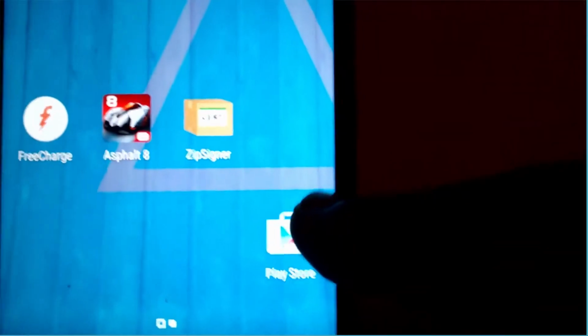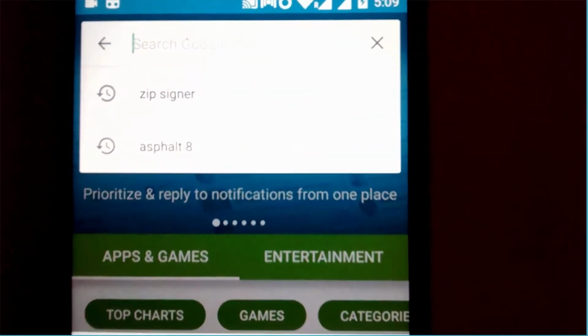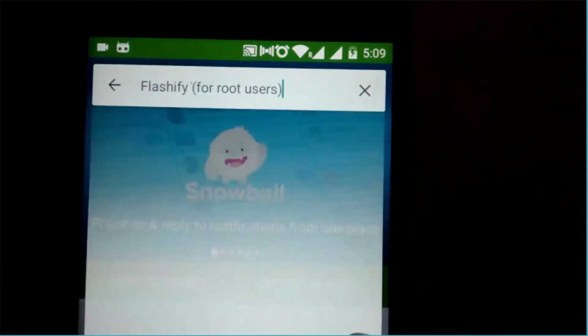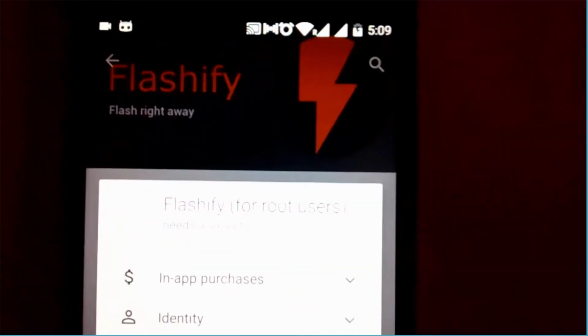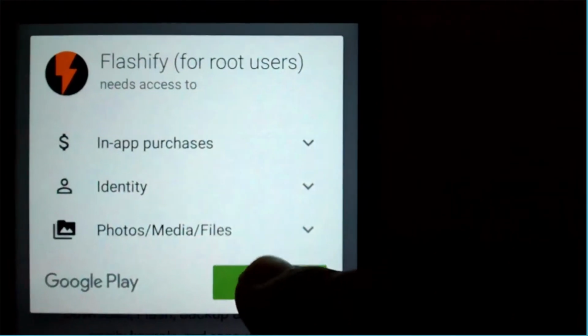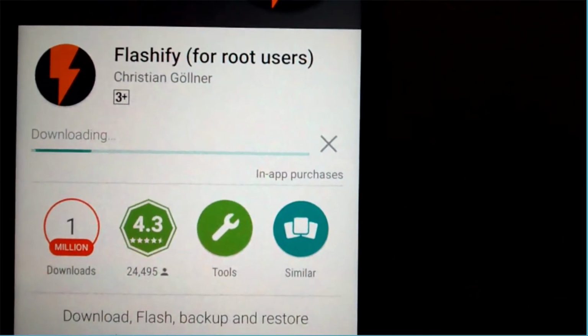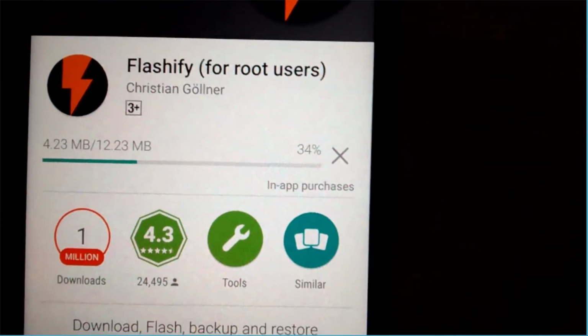For flashing this recovery, we will need to go to Play Store and download Flashify. This is an easy way to flash this recovery. Else, if you are a pro user, you can also use fastboot mode. I will suggest all other users to use the app.